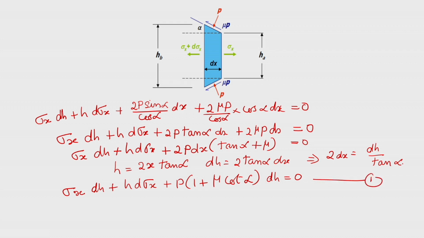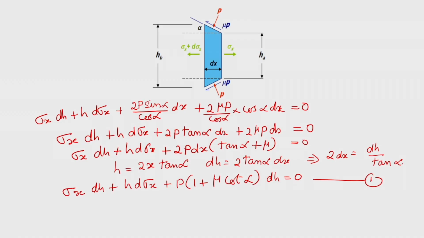Now, if you apply the yield criteria, which also we have, the von Mises criteria and the Tresca criteria for plane strain condition are the same. And since this is a strip drawing operation, where the width of the strip is much higher than the thickness of the strip, we can approximate it as a plane strain condition.